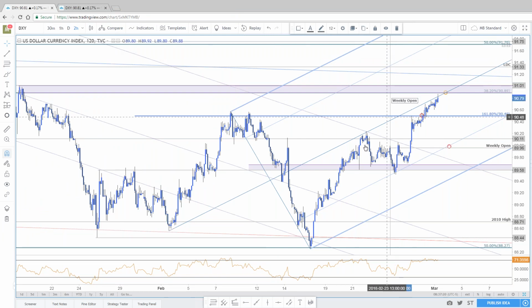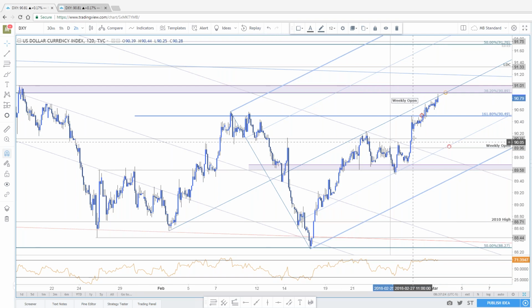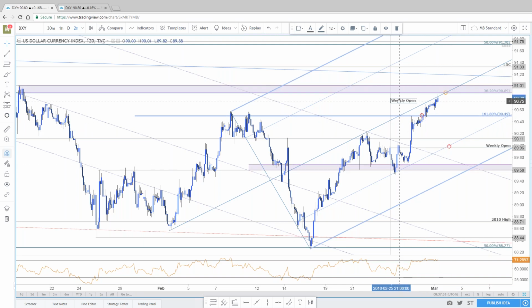So a little late here as far as calling the turn. Basically, we should have gotten bullish with this break as soon as we moved above 90.11. The problem is you never really got a substantiated pullback to be able to offer some sort of near-term entry. And as I always say, guys, just knowing the direction of the trend is just half the game. We have to have a viable risk-reward. We have to have a viable trade setup to give us conviction to actually pull the trigger.